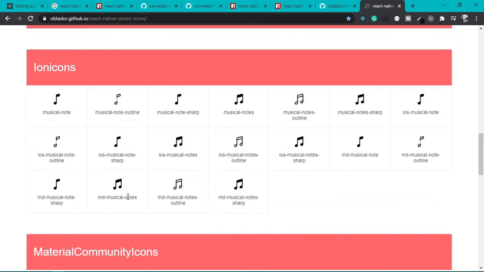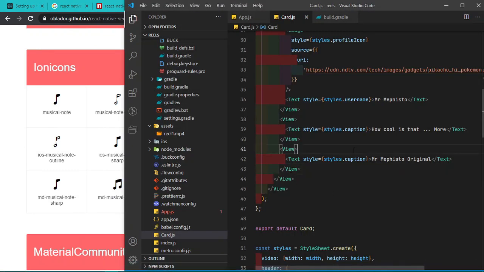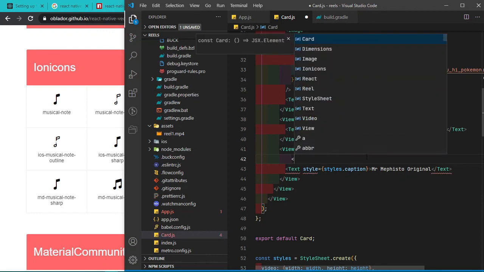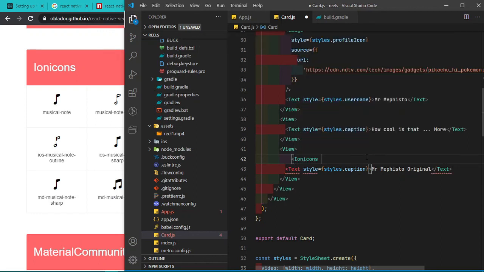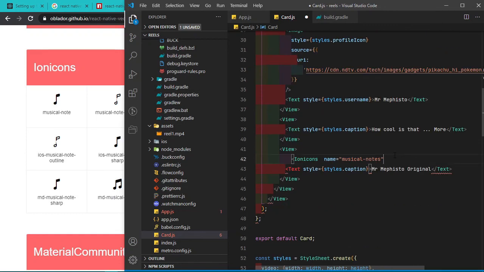Okay, I think this is good. Musical note sharp. Or you can select musical notes. So I go here. Okay, icon name is equal to musical notes, and after that we just need to copy this,